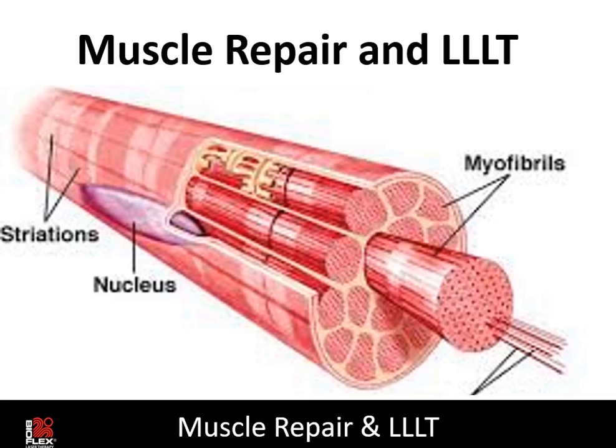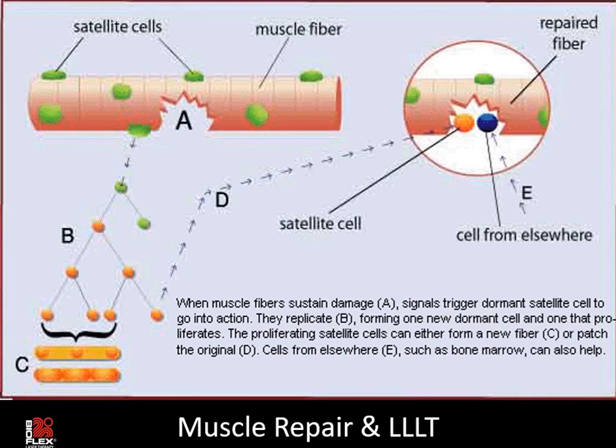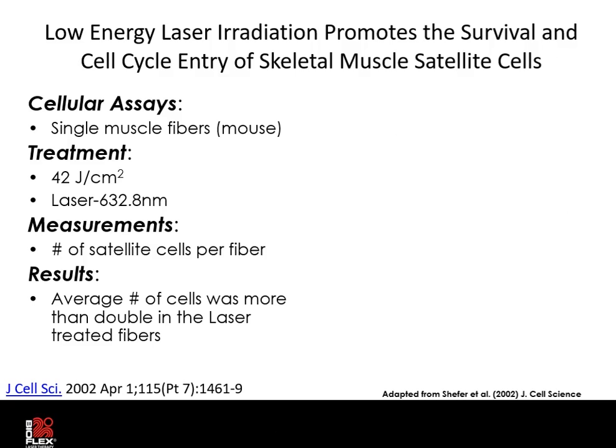Now, I'll talk briefly about how laser therapy can help with muscle repair. Recall that muscle fibers, if injured, as shown at site A here in the diagram, it actually triggers satellite cells, or what's referred to as myosatellite cells. These are essentially stem cells that can turn into new muscle cells or, in fact, help repair the damaged cell itself. There's been quite a few experiments that have actually shown that when you expose muscle fibers to infrared, near infrared, and red light, it actually stimulates the myosatellite cells in a way to increase the capability of these muscle cells